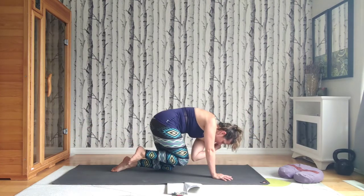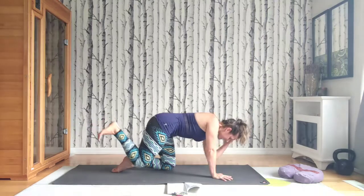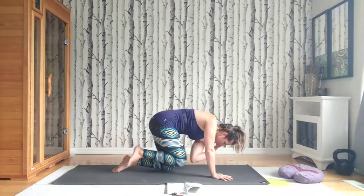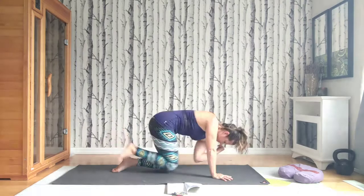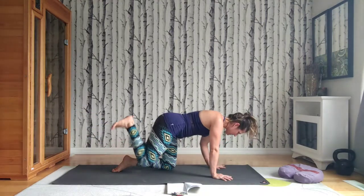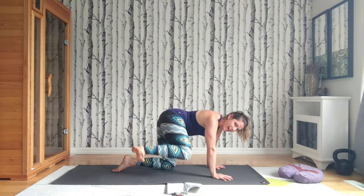Exhale, knee to chest, squeeze in. Inhale, extend and reach. Exhale, squeeze. Inhale, extend, exhale, squeeze. 2 more. Last one. Put your hand to the ground, send your right heel to the sky, and then knee around, down,